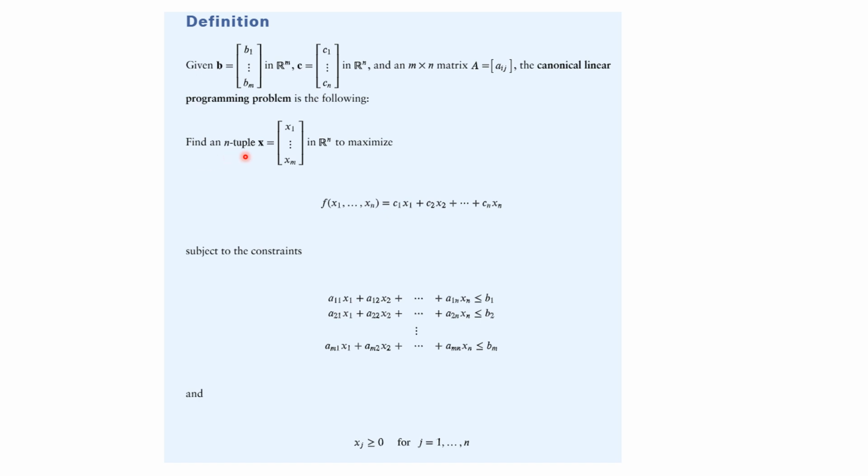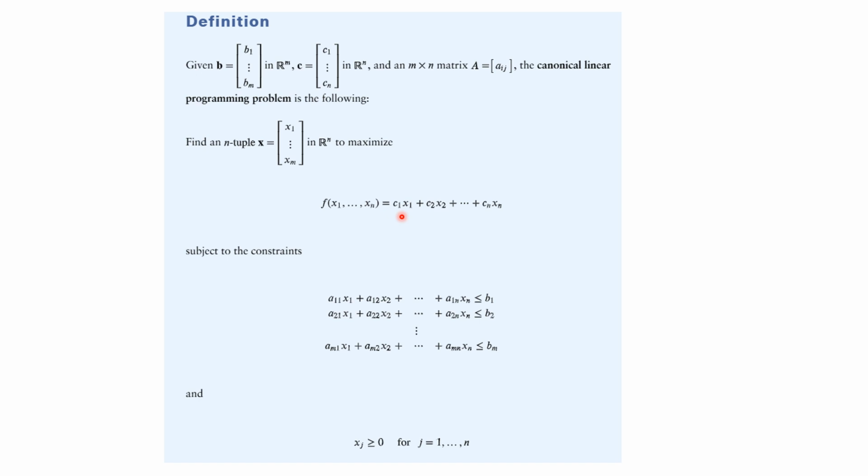Find an n-tuple x equal to x1 through xn in Rn to maximize an objective function, which is f of x1 through xn, and this is equal to c1